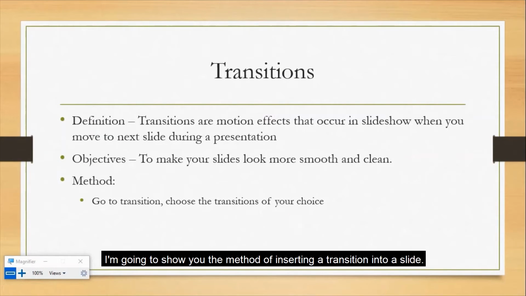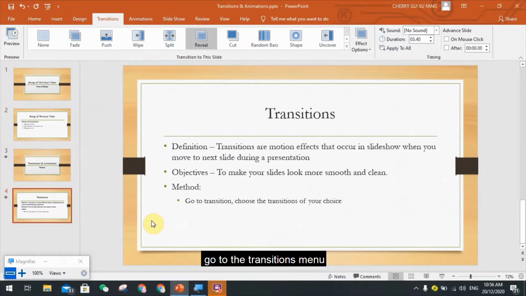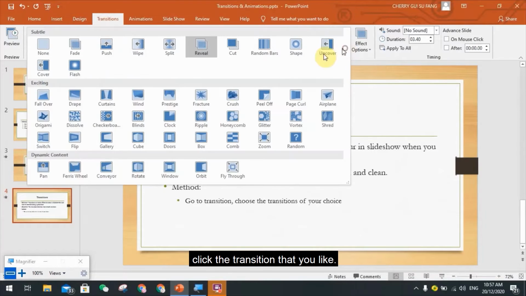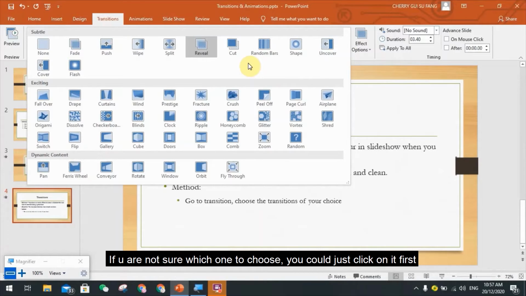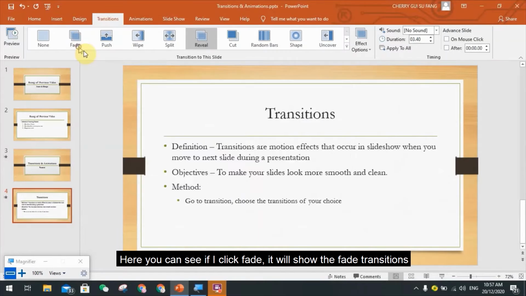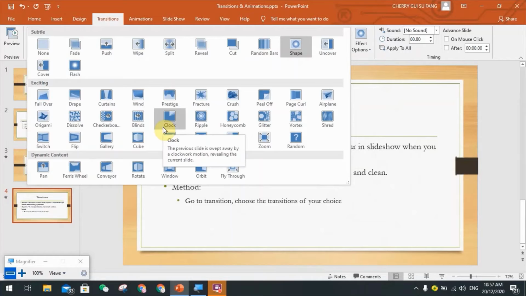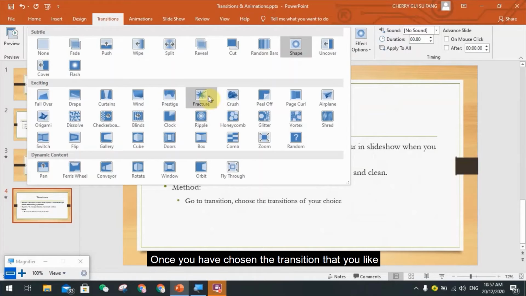Now, I'm going to show you the method of inserting a transition into a slide. All you have to do is go to the Transitions menu and click the transition that you like. If you are not sure which one to choose, you could just click on it first. A demo of the transition will pop up. Here you can see if I click Fade, it will show the fade transition. Or there's also Push, and it's up to you which transition you like. Once you have chosen the transition that you like,